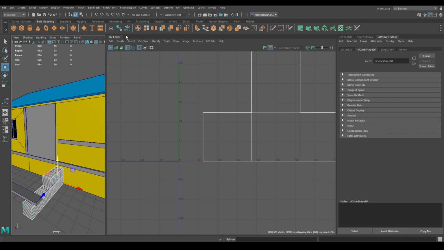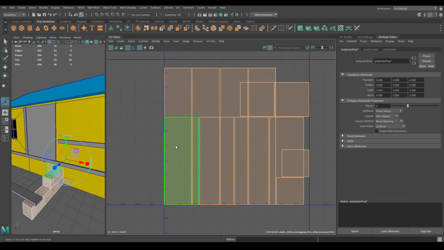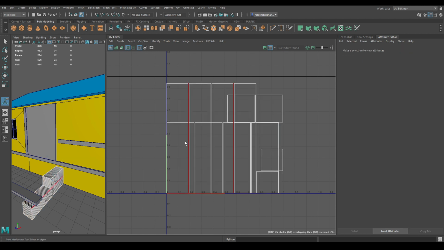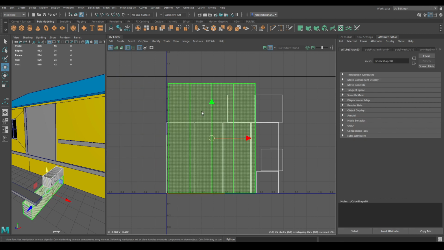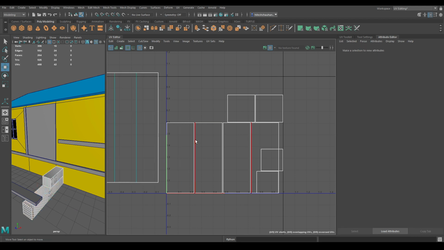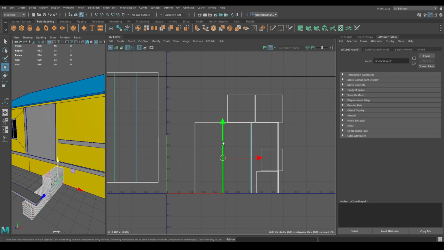Now select these two and go to create and select automatic. Again use move and sew. Same for this block.